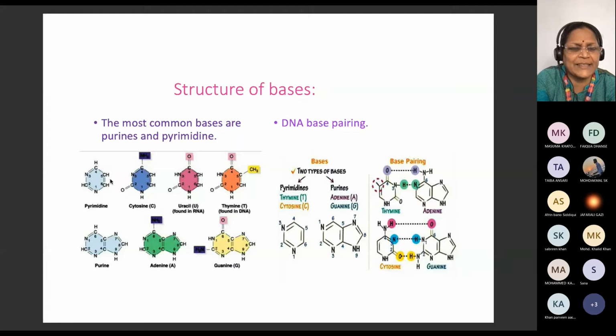How do we get the pyrimidine structure? We have all CH, CH, CH, then it is benzene, correct? Now I remove the bottom CH and replace it by nitrogen, and the third CH I also replace by nitrogen. Once I have these nitrogens, this ring structure is called pyrimidine. With little changes in this ring structure, I can have 3 more bases: cytosine, uracil, and thymine.